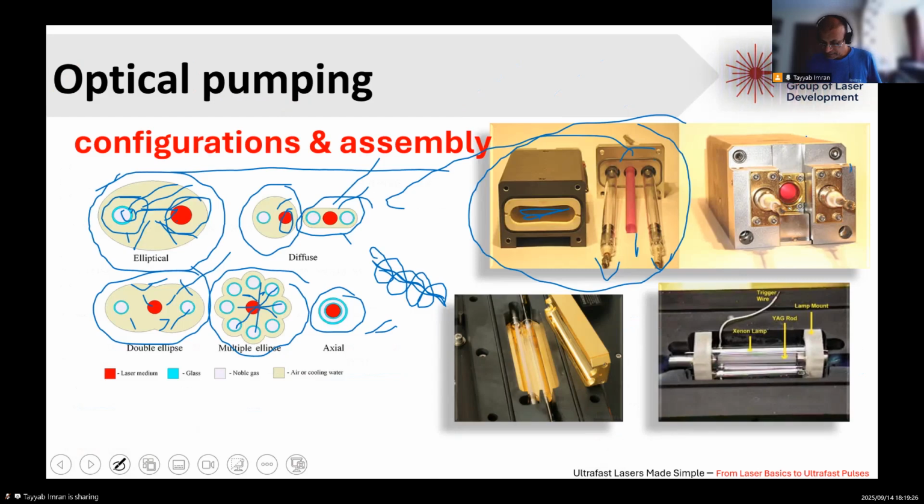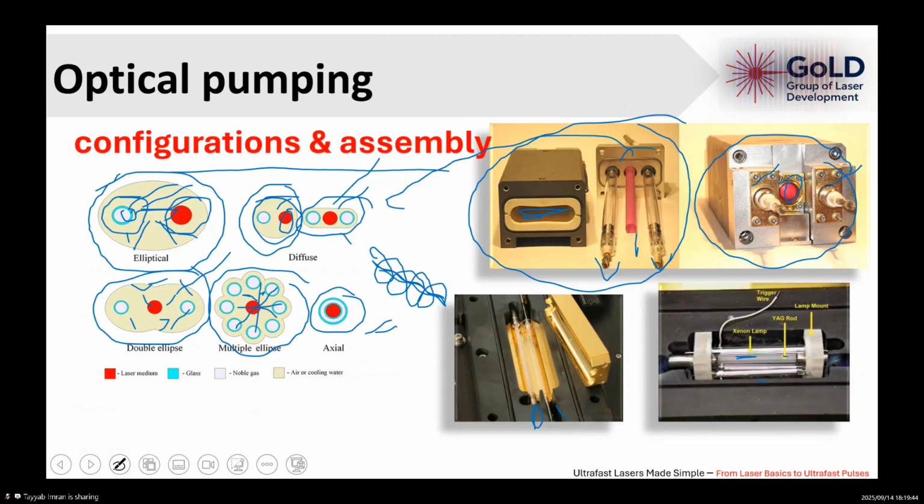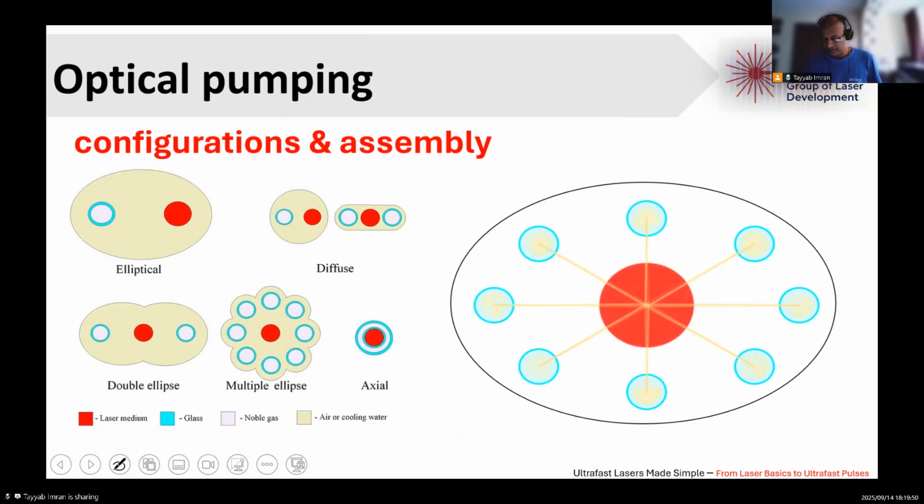Now, a similar kind of arrangement here, with two flash lamps and a rod. Here also there is a single flash lamp and the rod, and here also the rod and a single flash lamp on one side. In the next animation, maybe you can understand more of what is happening here. This is your rod,